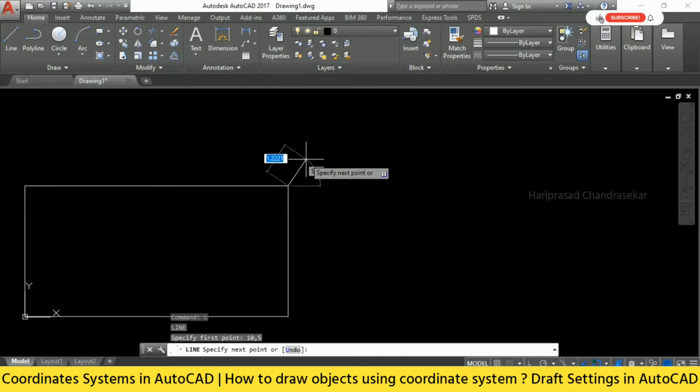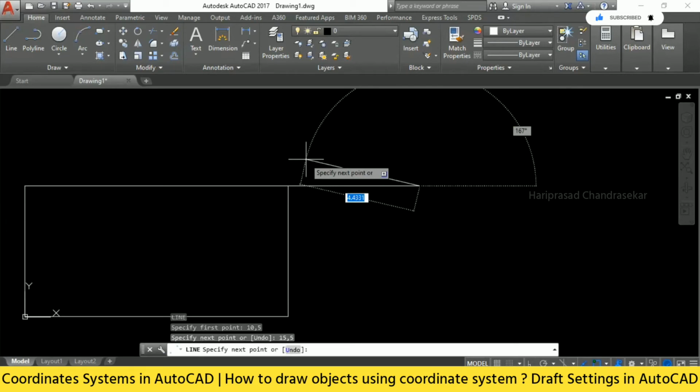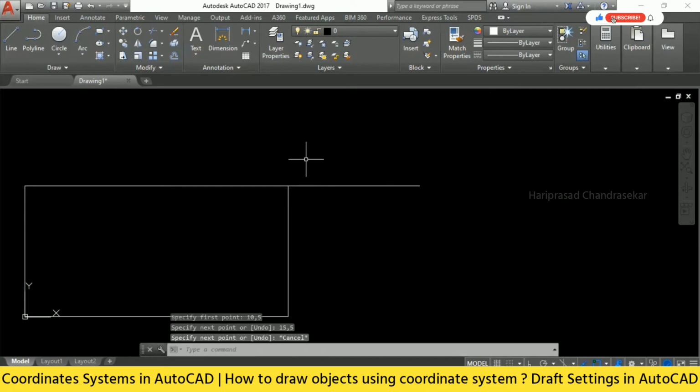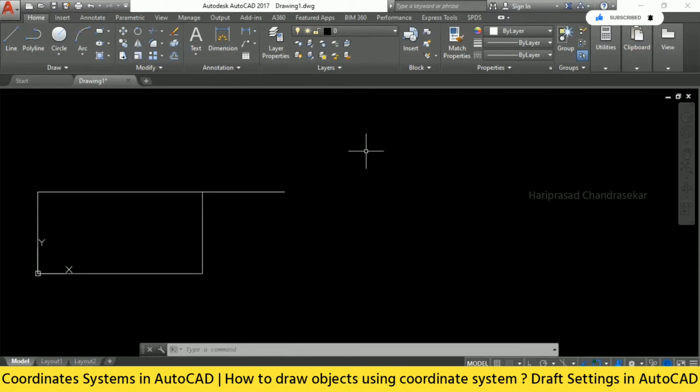Now I want a 5 unit extension in the horizontal direction, so we can put 15, 5. That way we get the horizontal line with that extension. Like this, we can make use of the absolute coordinate system.